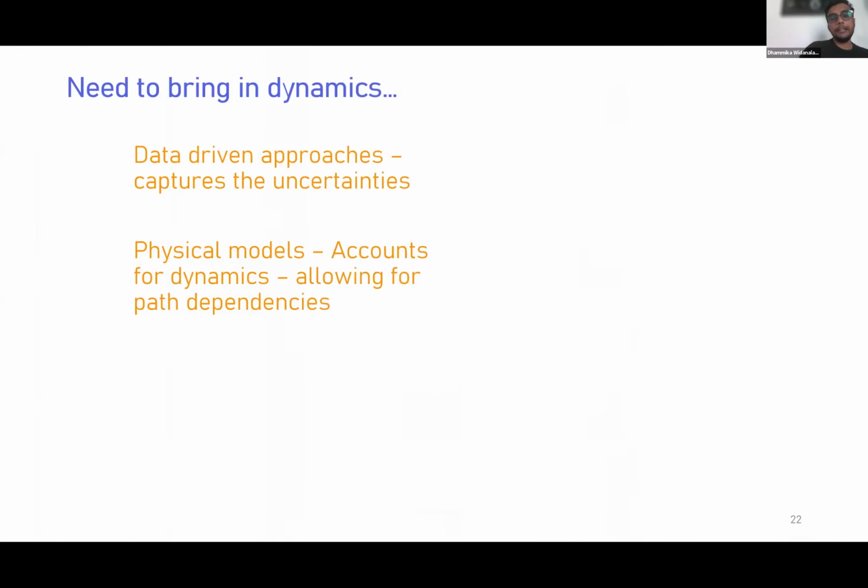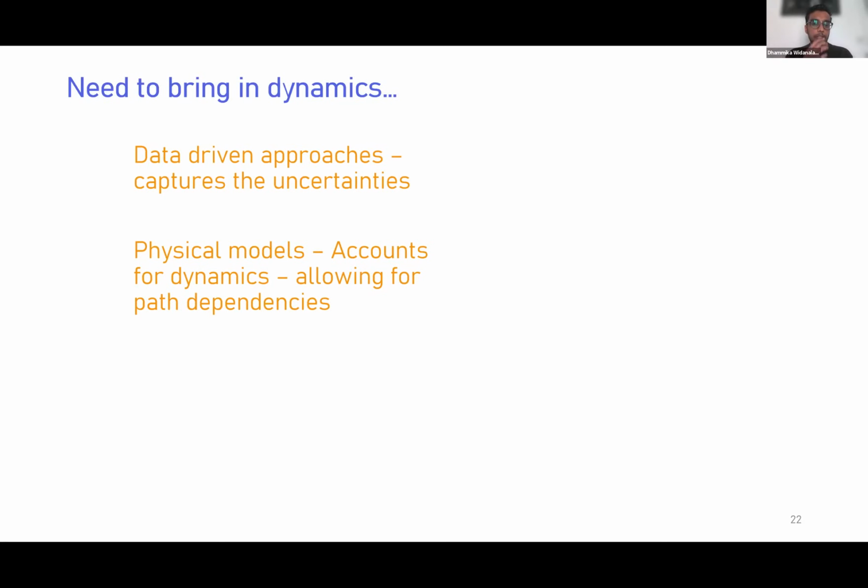But before that, maybe let's see why it might be necessary. In my view, data-driven approaches are great in the sense you can quantify the uncertainties, right? So you can get sample means, sample variances. Really, the data is going to tell you what the uncertainties are. And that's where a lot of the value is. But the methodologies we are following, including the ones I've shown today, it doesn't account for dynamics explicitly, right? Whereas physical models, they do account for dynamics because that's how you start off writing the equations.